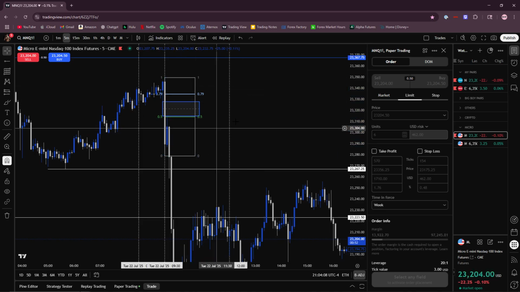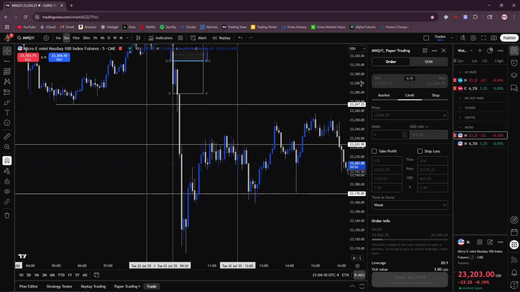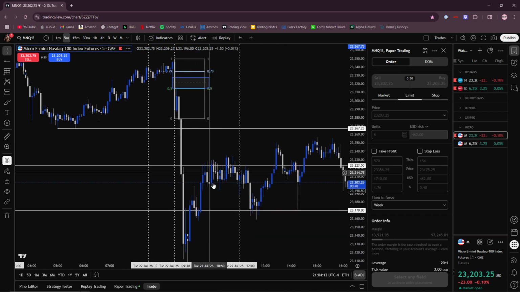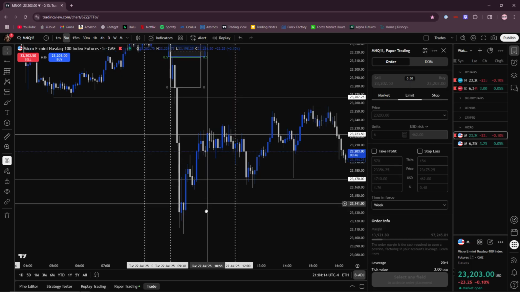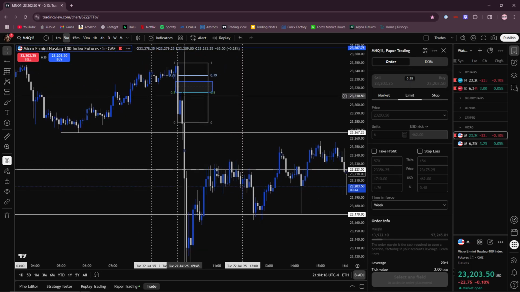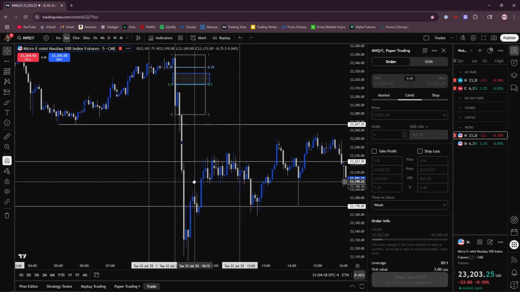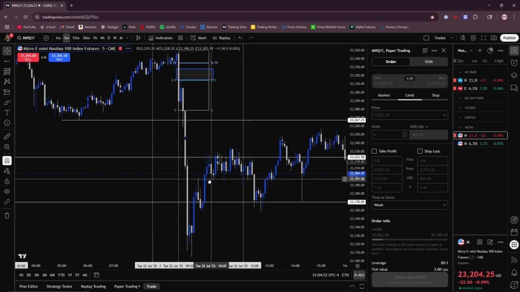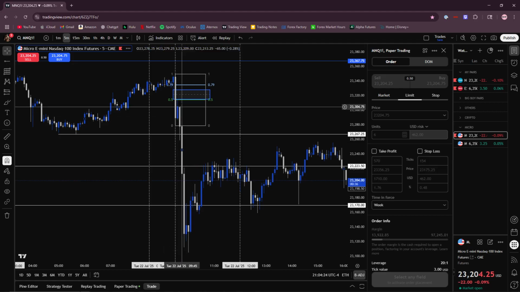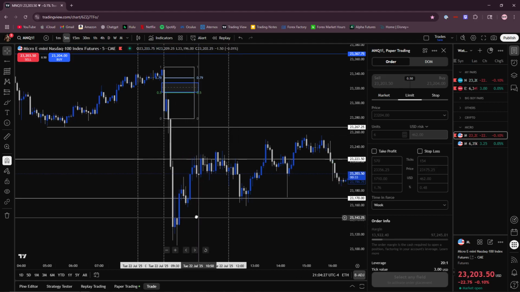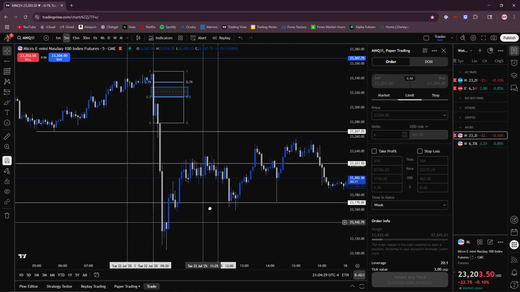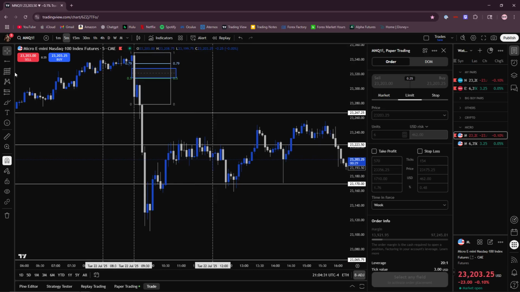There weren't good setups for us to enter off of. I'm trying to steer clear of moves like post bias and really big legs down. I'm trying to steer clear of trading against them, because normally if there's a really big move down off of market open, the chance of price reversing off of that is really low.